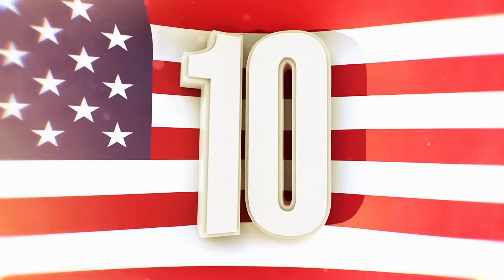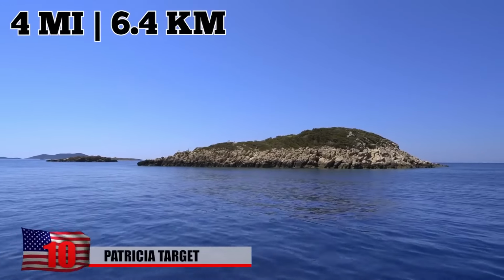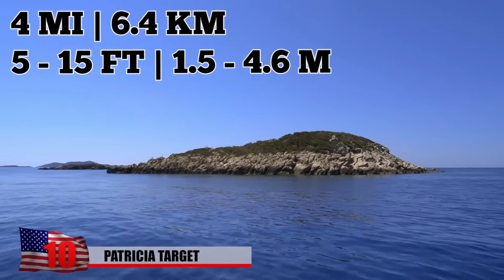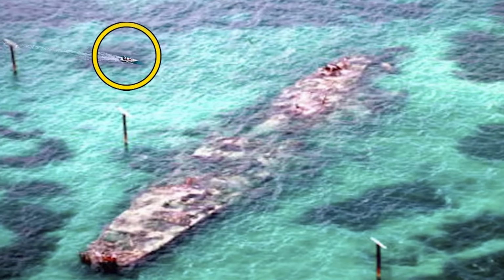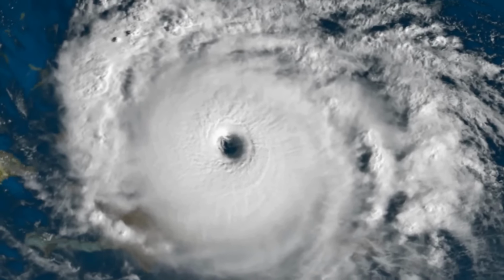10. Patricia Target. Roughly 4 miles north of Boca Grande Key, there's a shipwreck sitting in shallow waters measuring 5 to 15 feet deep. It looked a lot better decades ago when the hull was more intact and there weren't a handful of mangrove trees growing on the ship. But the trees were destroyed in a hurricane, and the wreck has been reduced to little more than a rusting